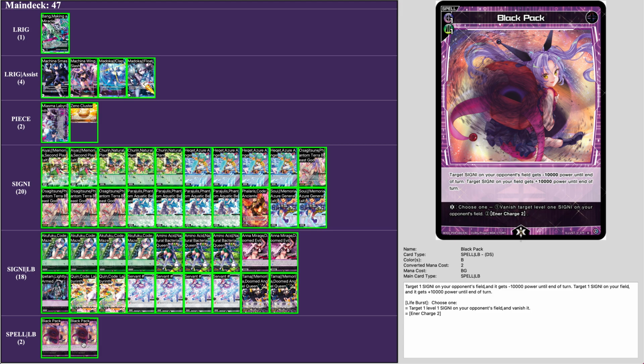Plus, the 10,000 power is not irrelevant in a deck that wants to maybe give a level 1 Parajulius Lancer, give it 10,000. It's attacking now at 12,000. That's pretty huge. It can pretty much kill anything. But the life burst is good. Vanish target level 1 on your opponent's field, or Enter Charge 2. The Enter Charge 2 is a lot of Enter, and if you don't need to do the Vanish effect, which